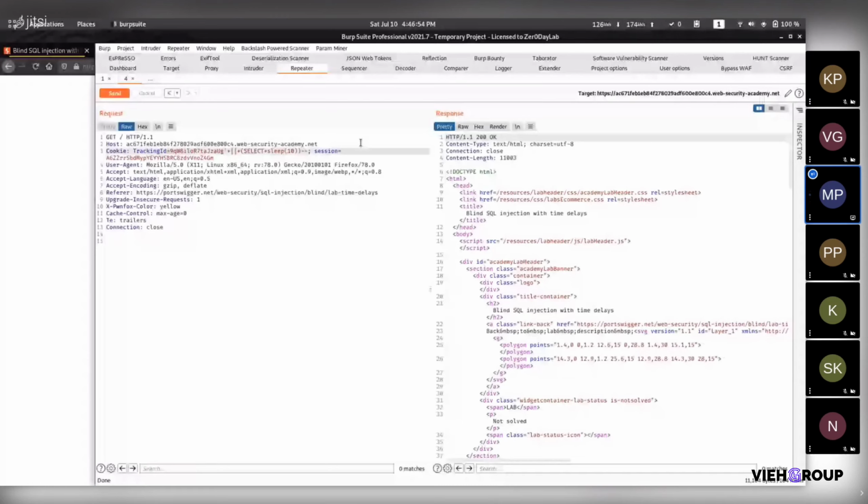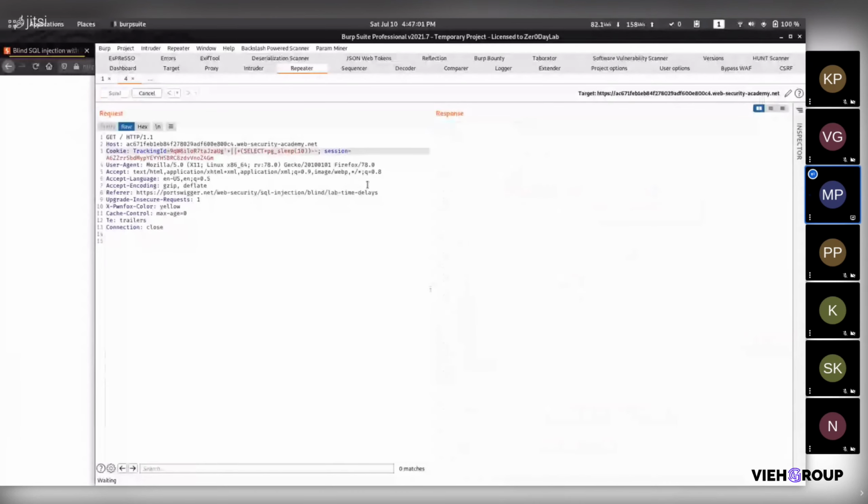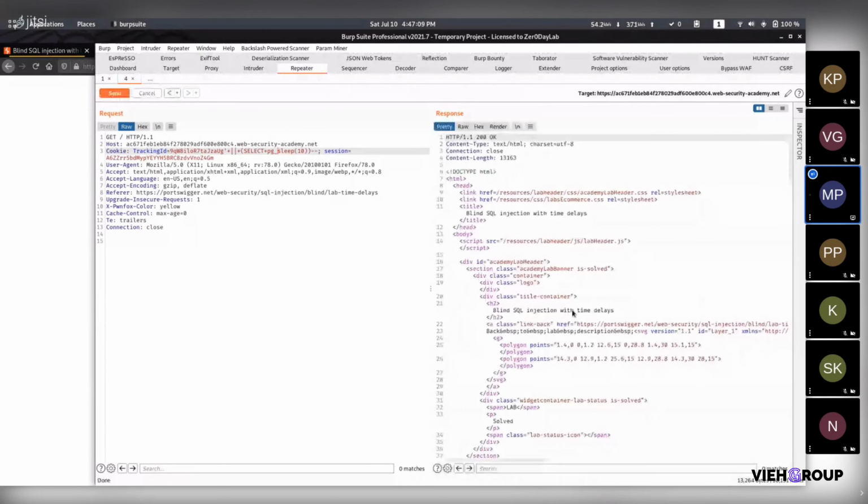So let's try with Postgres. Now it is working. See, we are getting sleep 10. Let us wait for 10 seconds. Yeah, see, we get the response after 10 seconds.